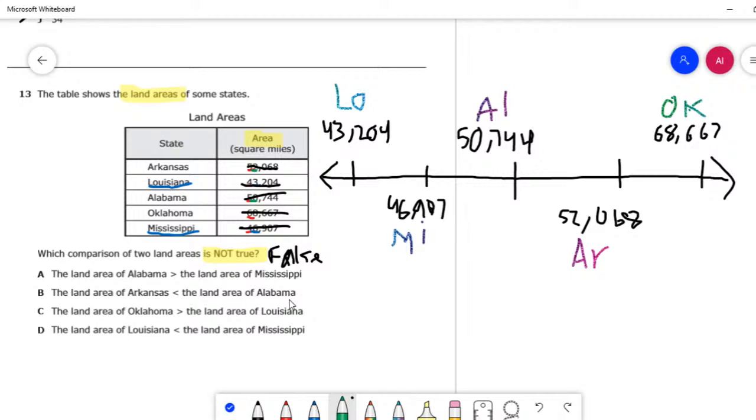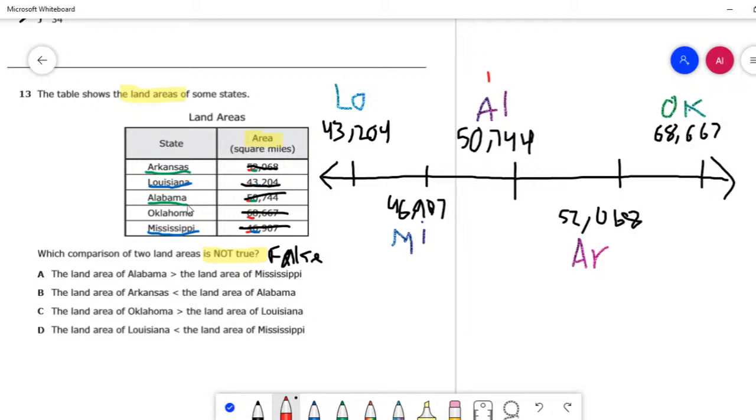Let me just go back actually and quickly underline Arkansas and Alabama, since those are the ones we compared for the thousands place. And yeah, so now let's start looking at our different answer choices. We now have a number line that organizes the numbers from least to greatest, and that makes it much easier to compare these numbers. So answer choice A says the land area of Alabama is more than the land area of Mississippi. So Alabama is